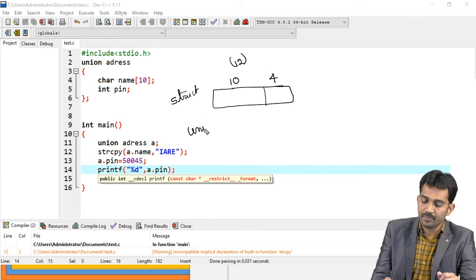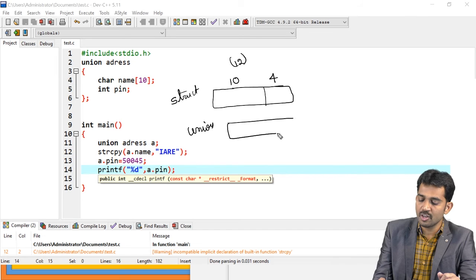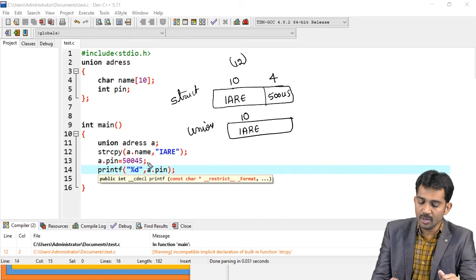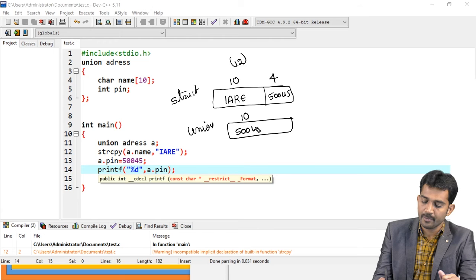When you use a union, observe carefully. A union is going to allocate the maximum size. What is the maximum size? 10 bytes. When you store the first time, it stores IRE here. Then when you store a.pin, it erases this one and stores the value 50045.